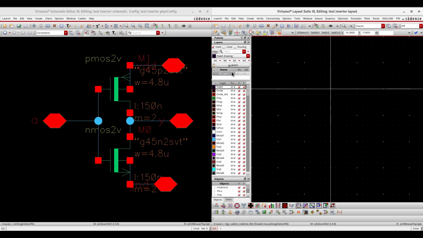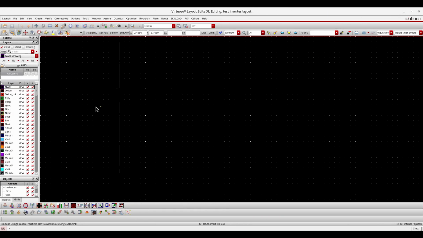See here, this is called the LSW window. Maybe this will help the freshers. See, this window is called the LSW window. Wherever you are seeing the layer names, this window is called the LSW window. Then in this LSW window, whatever layers you have, you can choose all the layers and you can start